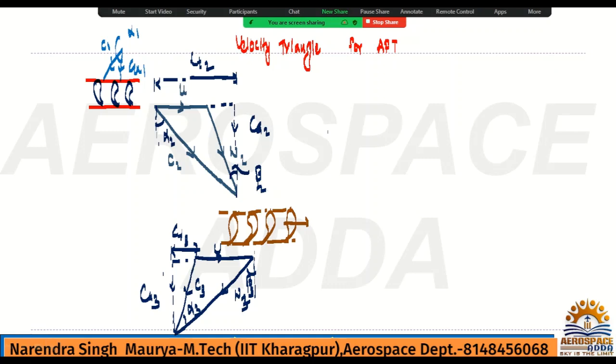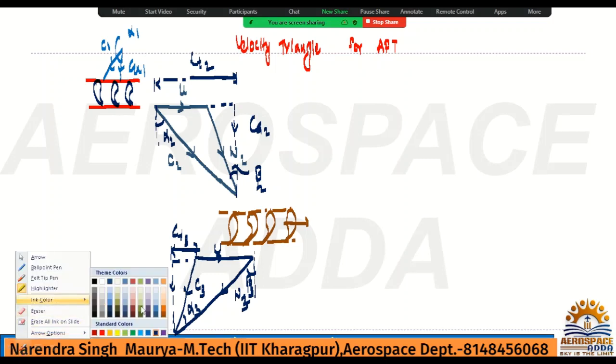Now this one you can combine, and if you combine this triangle, then one more triangle you will get, and it is the combined inlet and exit velocity triangle. So it will help you while you are solving the problem. So I will draw this also, okay. Now this is the combined velocity triangle, and it is nothing but